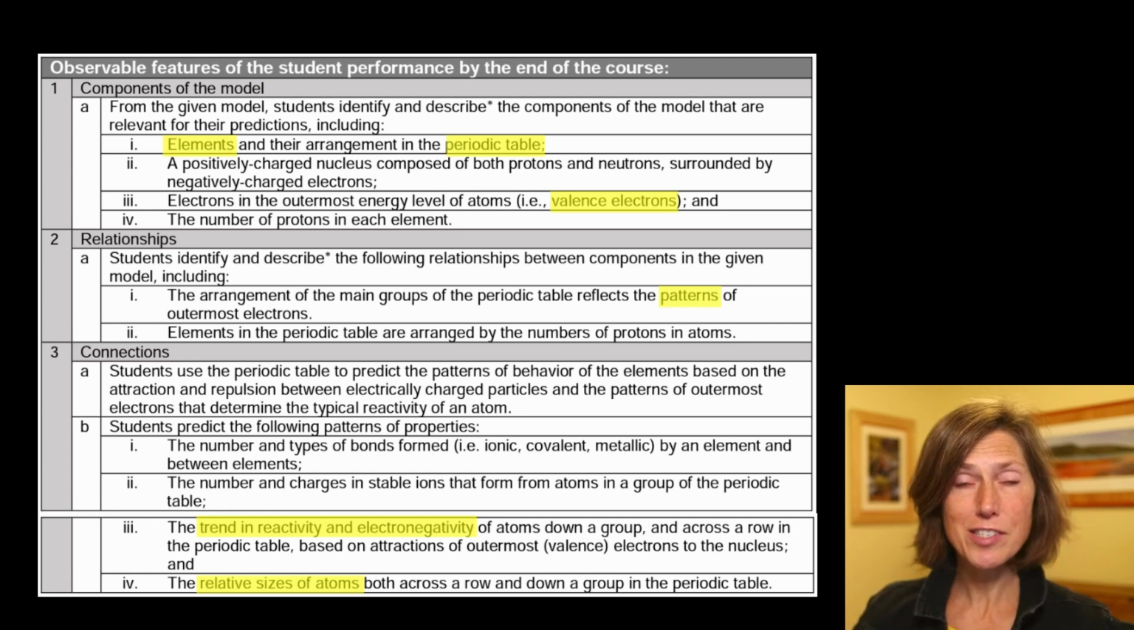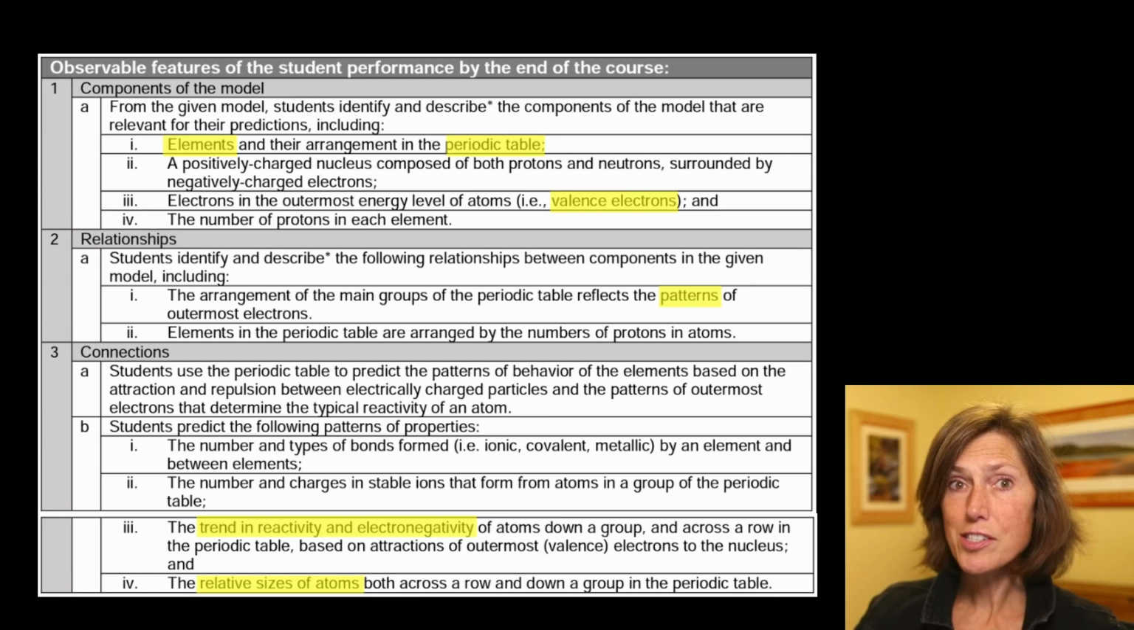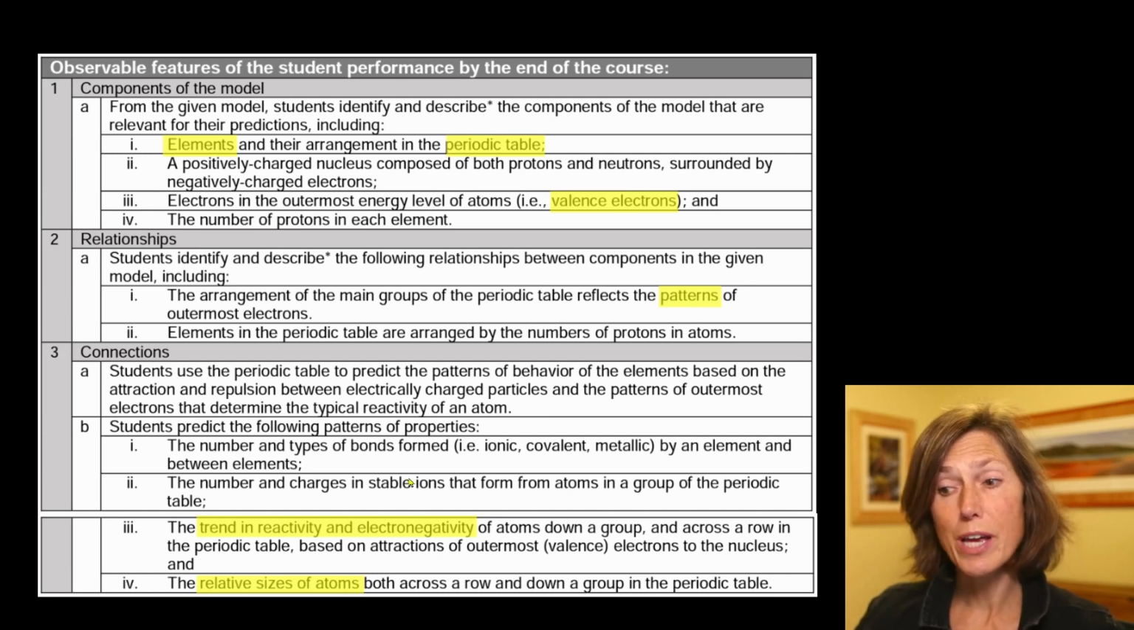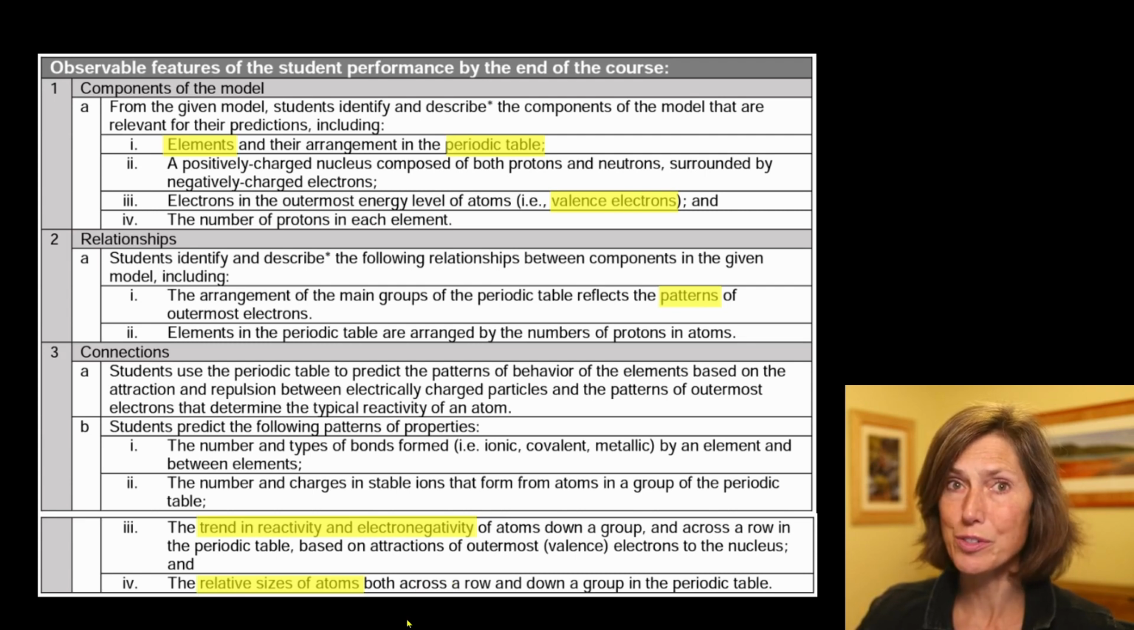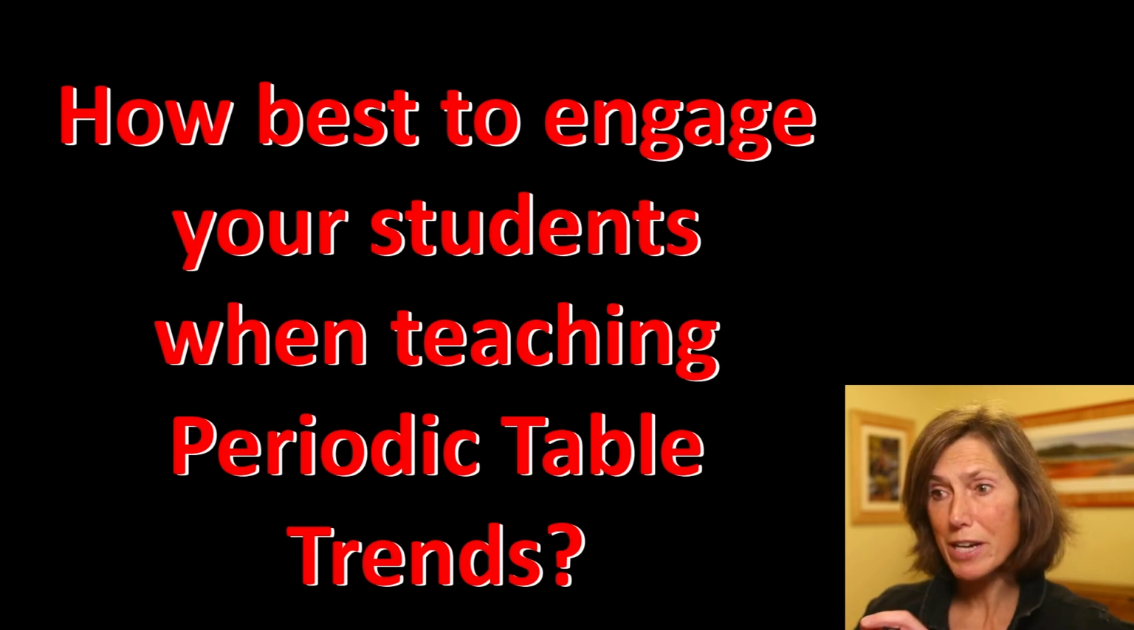And the NGSS also states observable features of the student performance. Zoomed in are the elements in the periodic table, their valence electrons, and patterns associated with their location and number. This NGSS standard also dictates that we have to emphasize the trend in reactivity and electronegativity, as well as the relative sizes of atoms. How are we going to do this while keeping our students interested? This video is for you if you wish to hear how best to engage your students when teaching periodic table